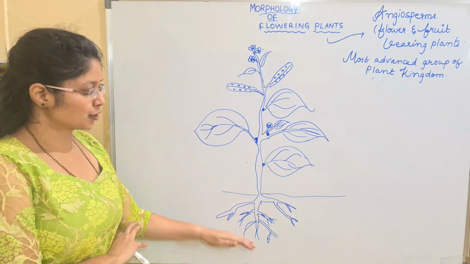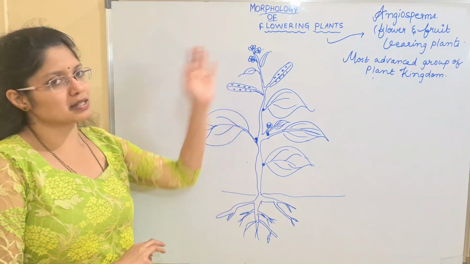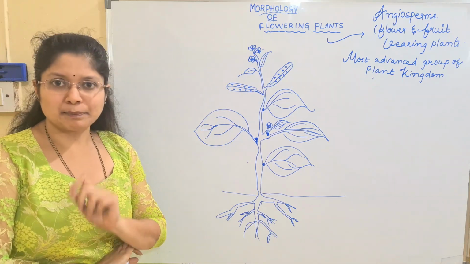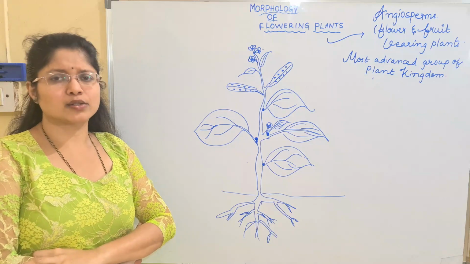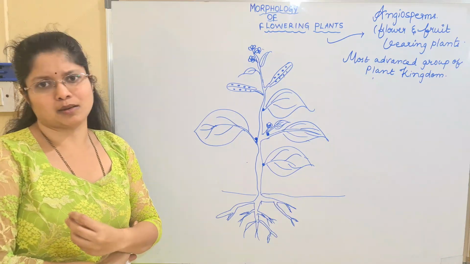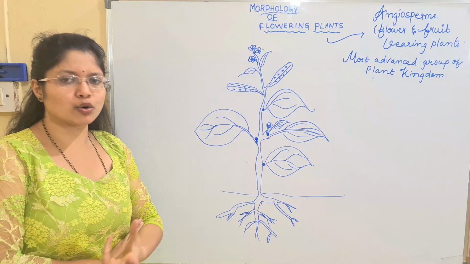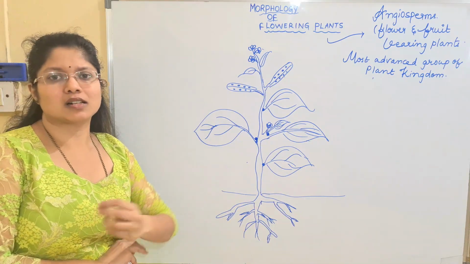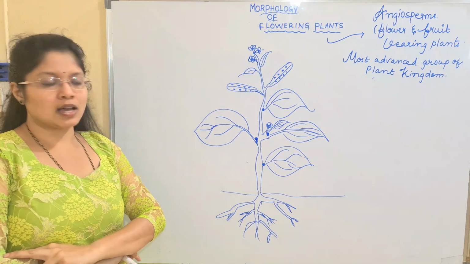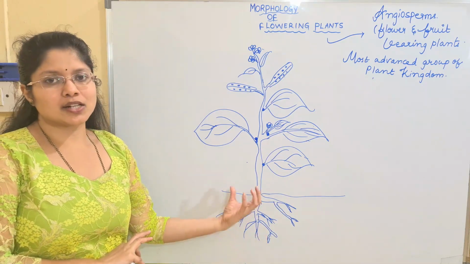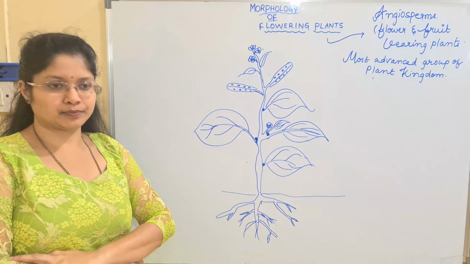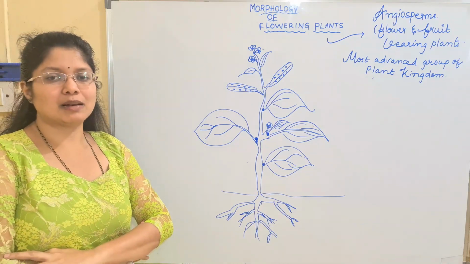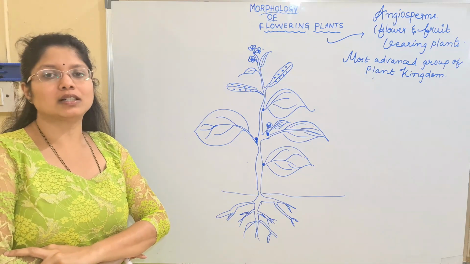So this part is said to be the root system, and what is present above the ground is said to be the shoot system. Root doesn't bear any organs. So it is a very simple system. The root system will contain only the main root along with the root hairs, and we don't see any buds or leaf-like structures associated with the roots. Where the root is present, it is generally buried inside the soil. This root is mainly helping with the absorption of water and minerals.